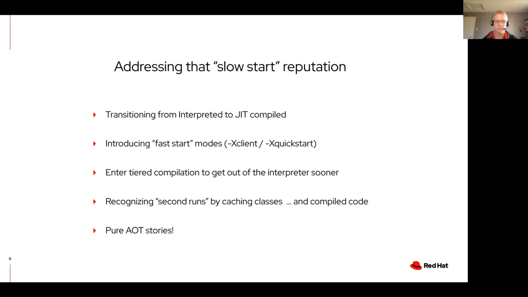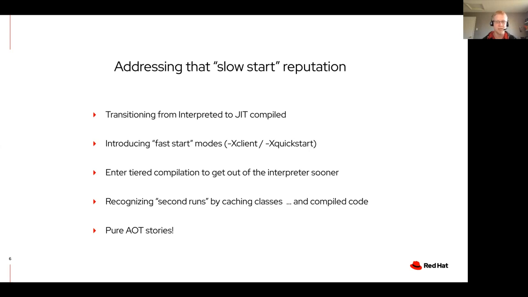And then in the ecosystem as well, there's been work that goes on to recognize the idea of second runs. So Java's built on the idea that everything is a first run. Right? We start our application, we load our classes, we start to use those classes to resolve fields and things. And each time we do it, the answer may be different because somebody's changed some of the classes. But really, at deployment time, it's usually not. It's usually exactly the same.